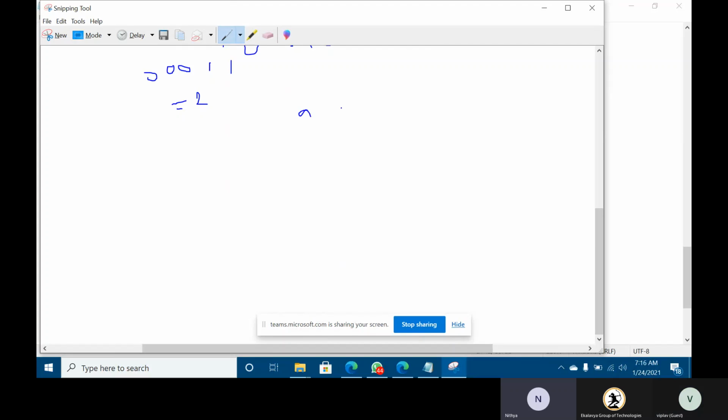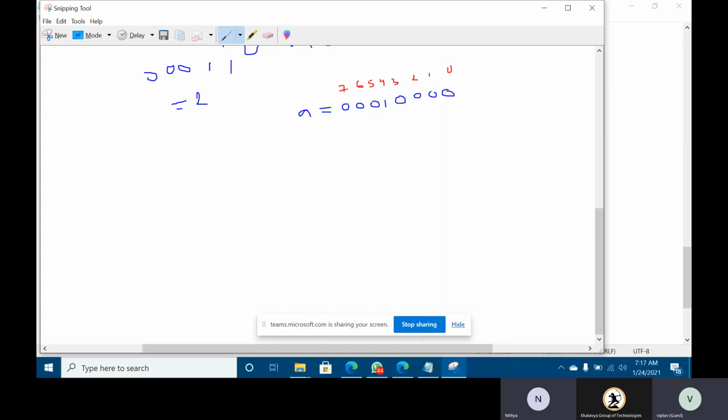So A is 4, in the sense of how I can write this. I have to write this like 0, 0, 0, 1, and then next 0, 0, 0, 0. It will be written like this. If you see the index, this is my 0th index, this is my first index, this is second index, this is third index, this is fourth index, and this is fifth index, and sixth and seventh.